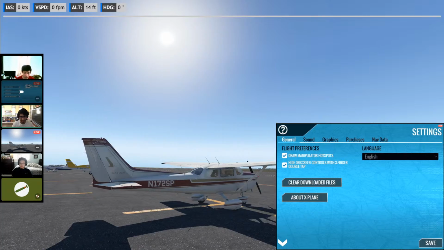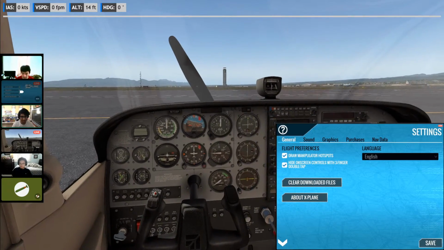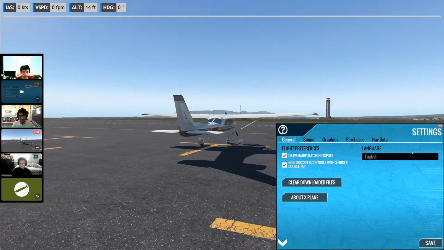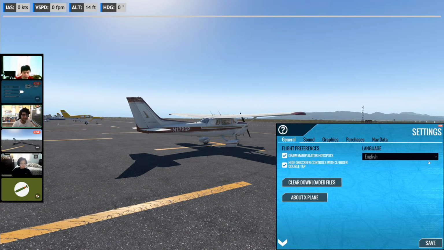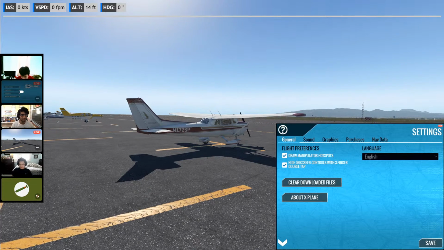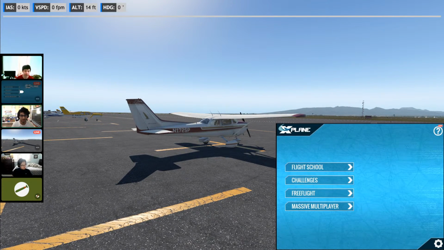flying an airplane, but here we are in the Cessna 172 at Honolulu Airport in Hawaii, which I think you can travel to if you get a COVID test. But anyway, I'd like Calvin to show how to set up your X-Plane mobile so you can start up over here at Honolulu. So Calvin, just start